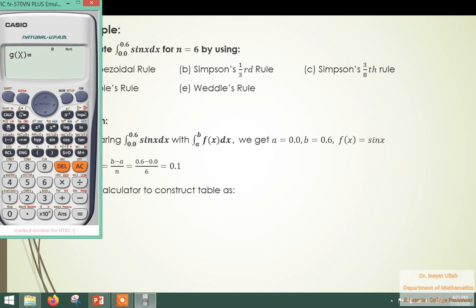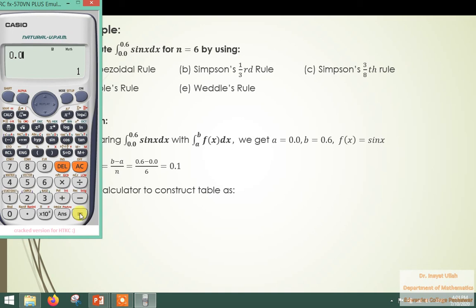The calculator will ask you what is the starting value. So the starting value is here a. We will start from 0.0 up to 0.6. So a is the starting value, which is 0.0. Tell the calculator that the starting value is 0.0